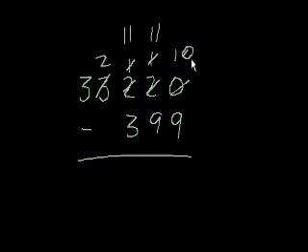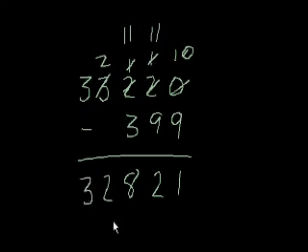This is the easy part. 10 minus 9 is 1. 11 minus 9 is 2. 11 minus 3 is 8. 2 minus nothing is 2. And 3 minus nothing is 3. So we get 32,821. The only thing that makes this harder than just normal subtraction is that you have